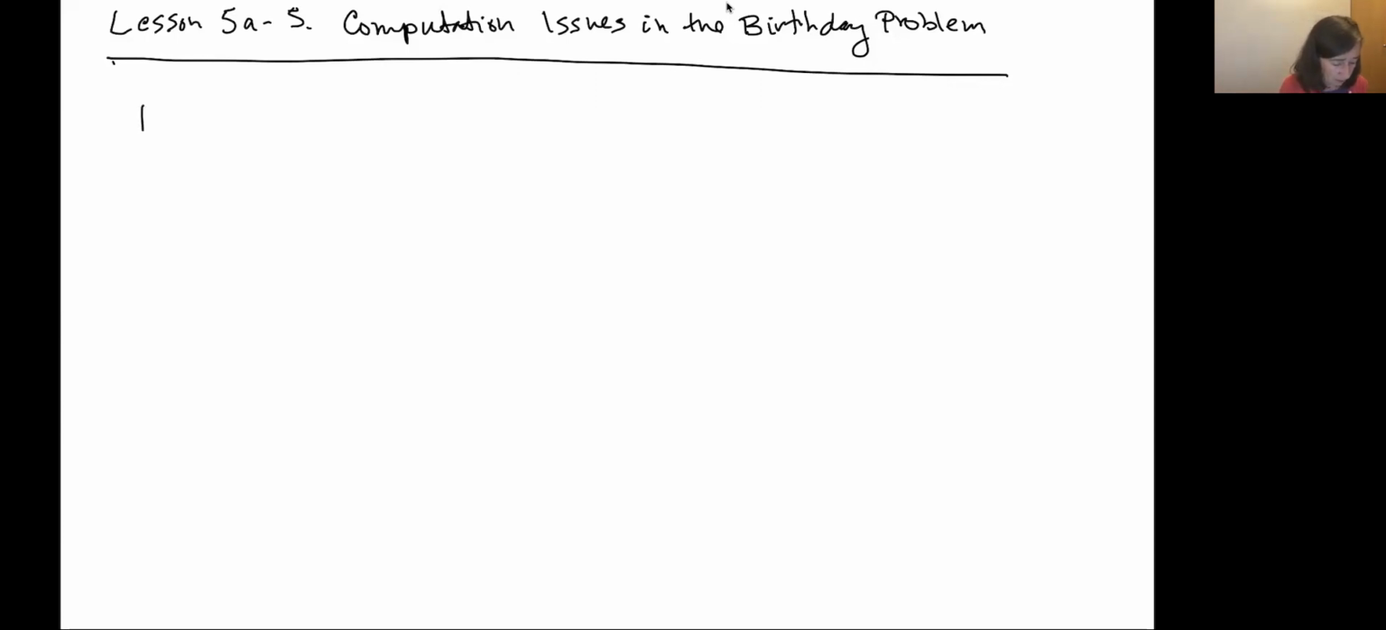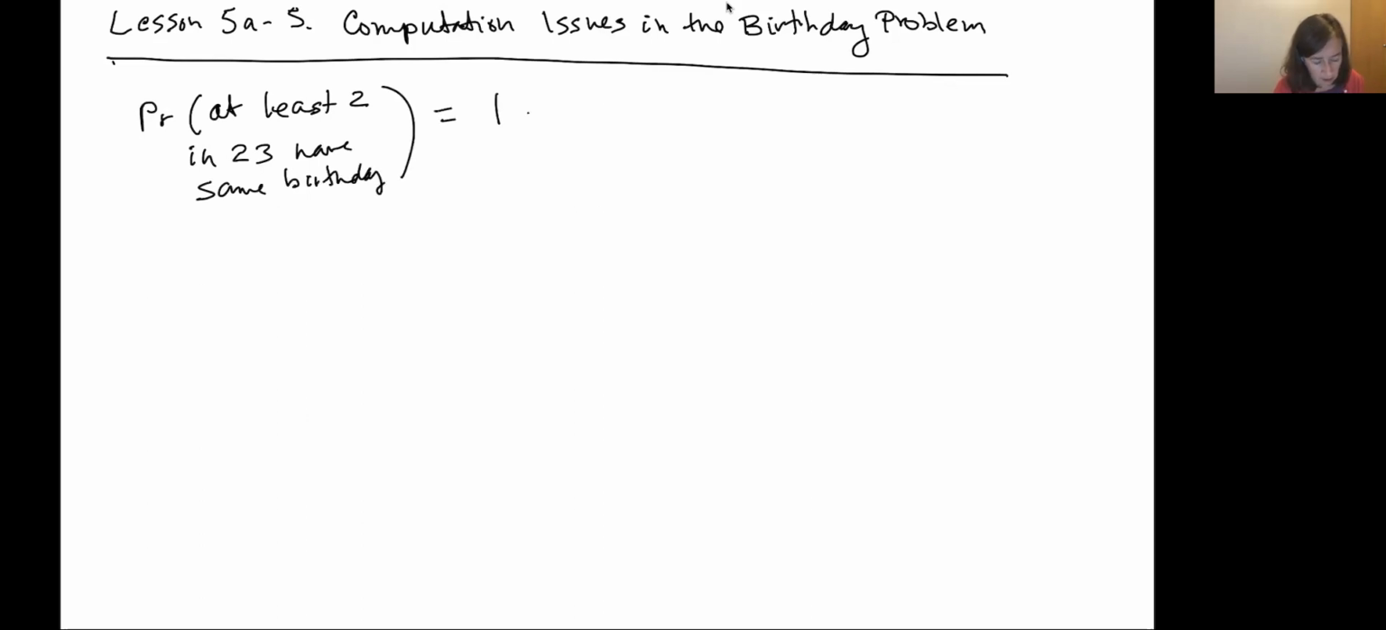So if we wanted to look at that, it would be the probability that at least 2 in 23 have the same birthday. It's 1 minus 365 factorial divided by 365 minus 23 factorial times 365 to the 23rd power. Okay. And that number is, I think, like 50.74. It's just over